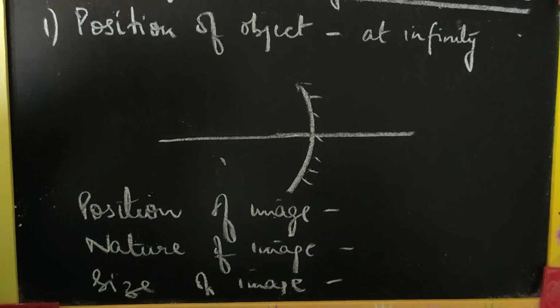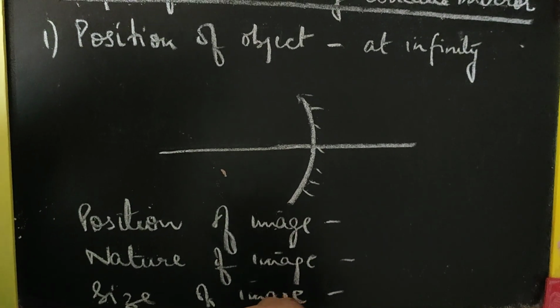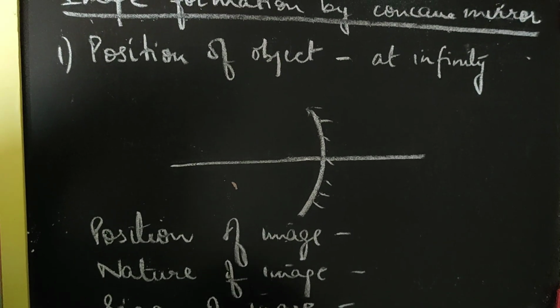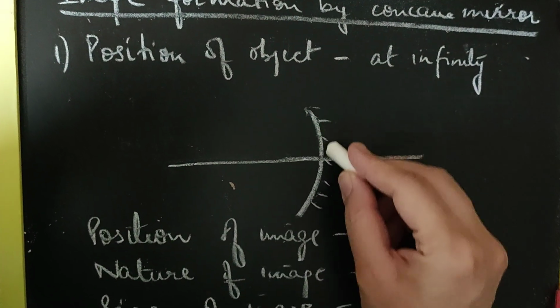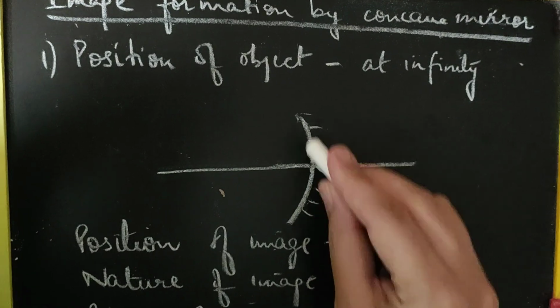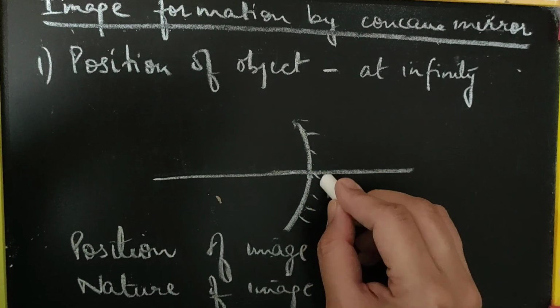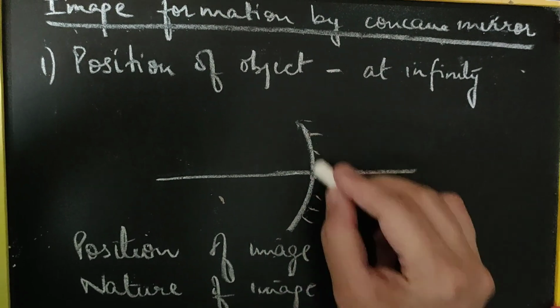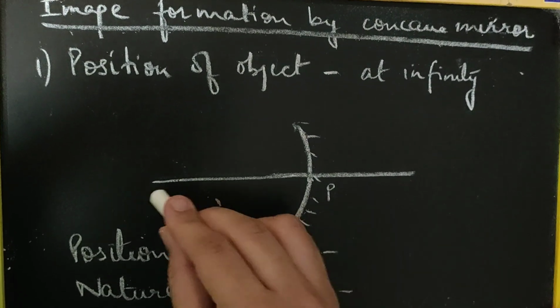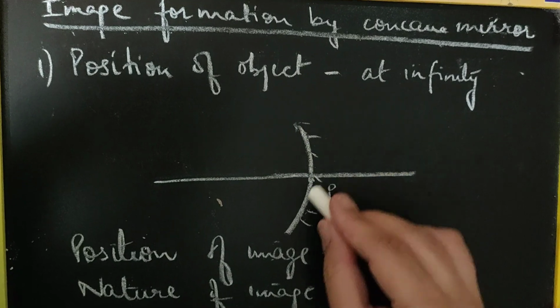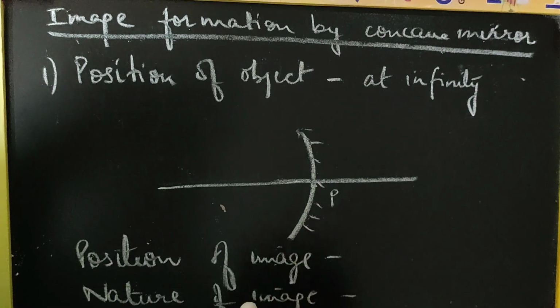Now whenever you have to draw the ray diagrams, you will be following some initial steps which are similar in all cases. You will be drawing the curvature of the mirror with free hand. बना दिया ये, और एक ये प्रिंसिपल एक्सिस बना दिया हमने जो पोल से क्रॉस करेगा. पोल इज द सेंटर ऑफ दिस एपर्चर ऑफ द मिरर. सो दिस इज अ प्रिंसिपल एक्सिस एंड दिस इज द कर्वेचर ऑफ द मिरर. ये हमने फ्री हैंड से ड्रॉ कर लिया.